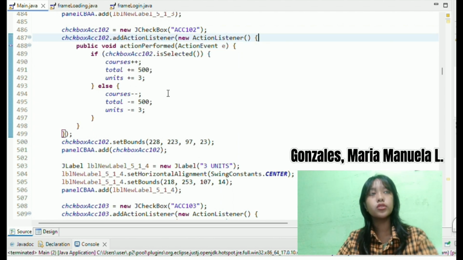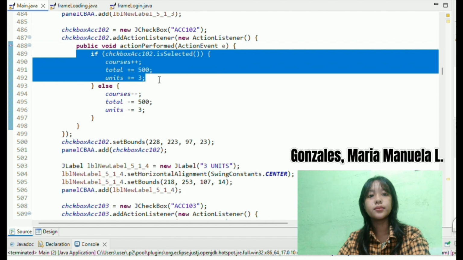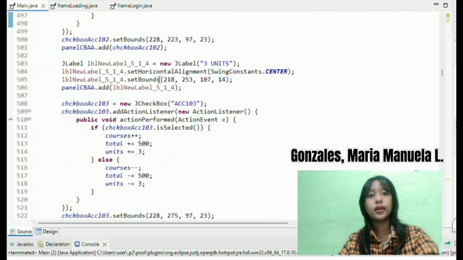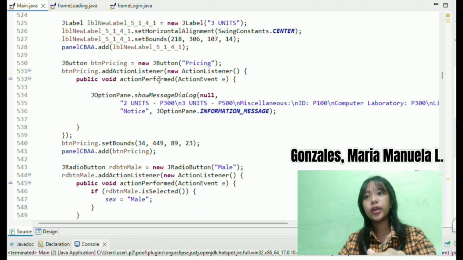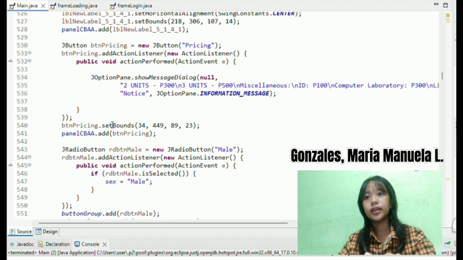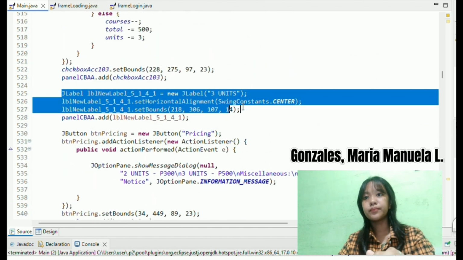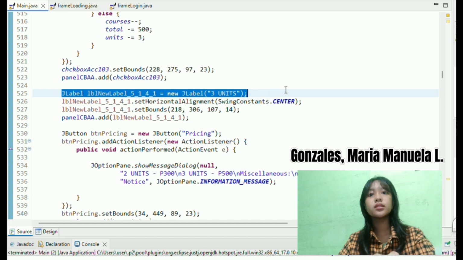If the users have selected the courses, total and units will increment. And next, we have added a null JLabel, which is named 3 units. This indicates the credit units for the courses.